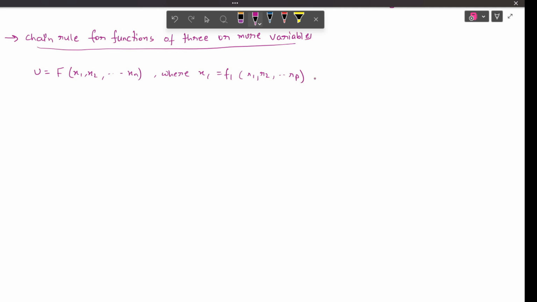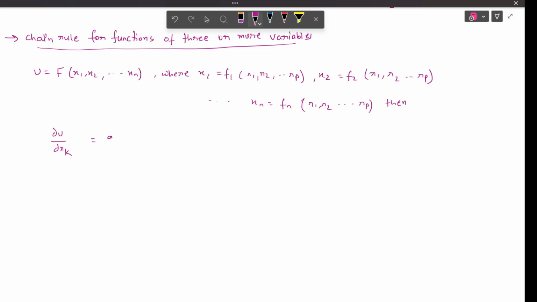Let us say x2 is a function of r1, r2, up to rp, and in this manner xn is a function fn of r1, r2, up to rp. Then we can say that delta u upon delta rk